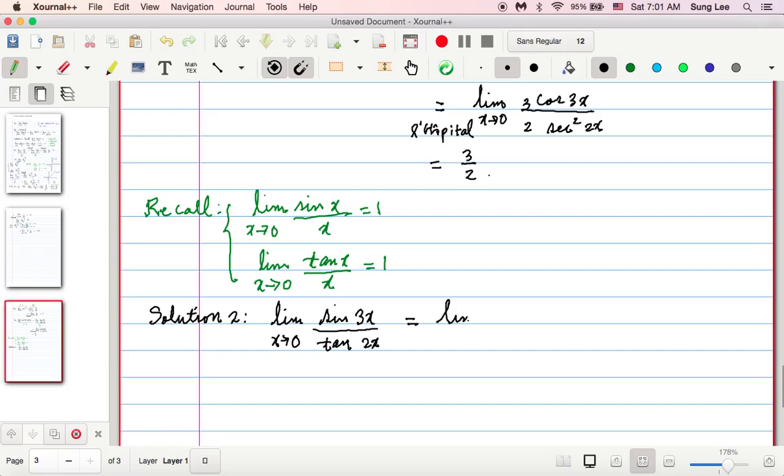the limit as x goes to 0. So here I'm going to divide sine 3x by 3x, and then I'm going to divide tangent 2x by 2x, and in order to retain this equality, I'll have to multiply the numerator by 3, and the denominator, this whole thing, by 2. Okay, so that equals 3 over 2